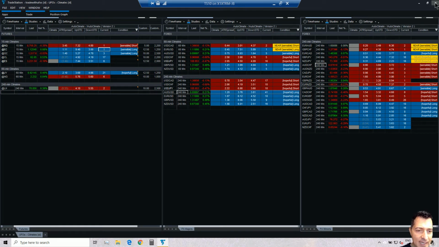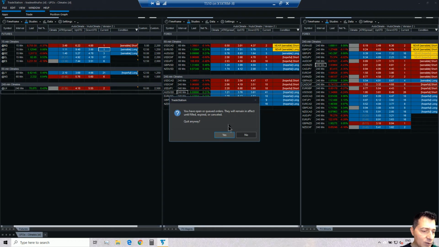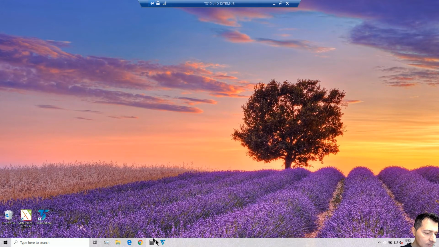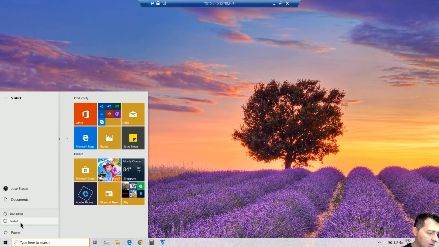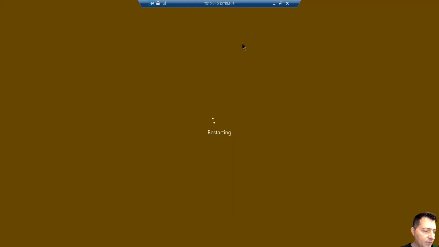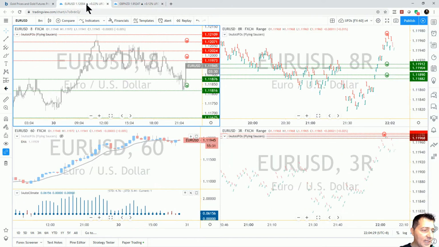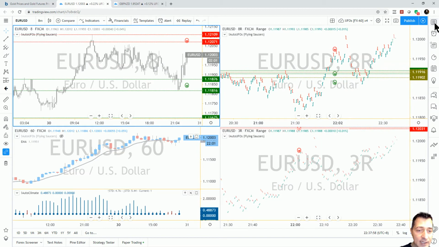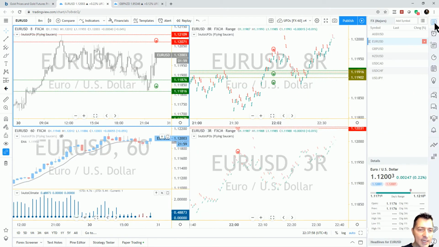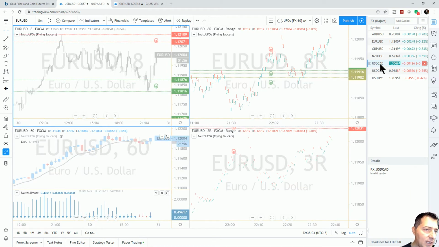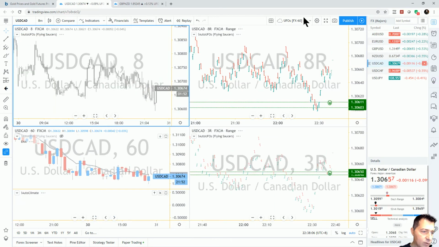Okay, guys, I'm sorry to do what I'm about to do, but I am really feeling that my TradeStation is not working the way it should. So I'm just going to reboot my machine here to make sure everything is smooth, because at the moment it's not. In the meantime, so we don't waste time, I'm going to look at the US dollar, Canadian dollar, because we did see earlier a golden light flashing on it. So I would like to take a look at that while my TradeStation is rebooting behind the scenes.